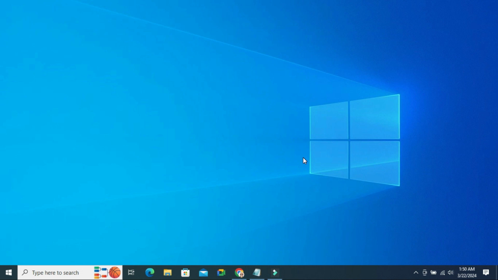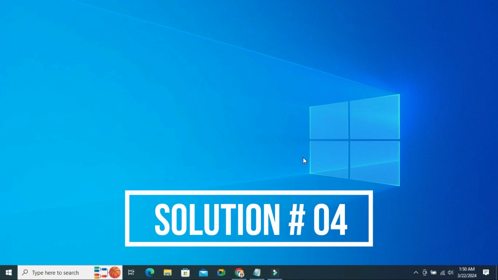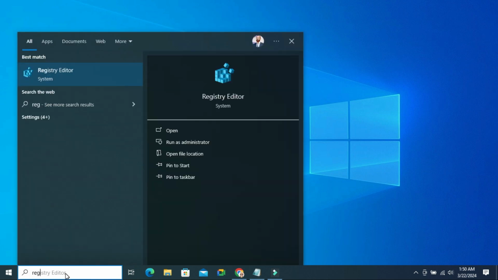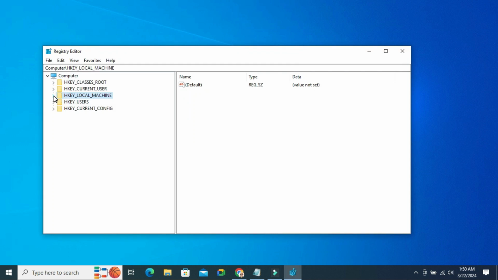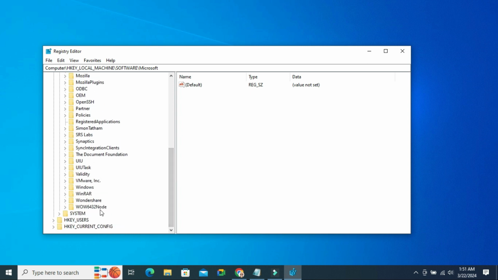If your camera is still not working, you have to go for the last and final solution. In search, type regedit. Right click on Registry Editor. Click on Run as administrator. Registry Editor has been opened. Now expand HKEY_LOCAL_MACHINE. Expand SOFTWARE. Now scroll down, the last one,